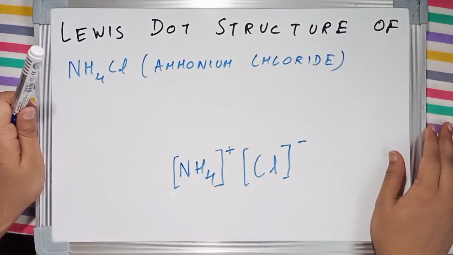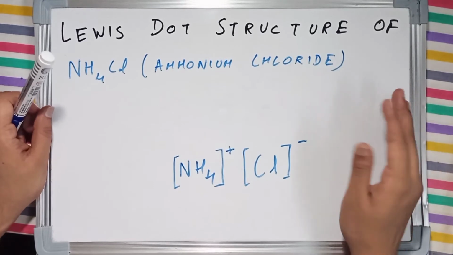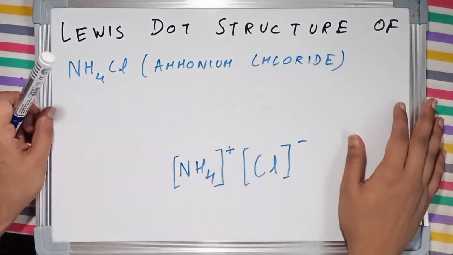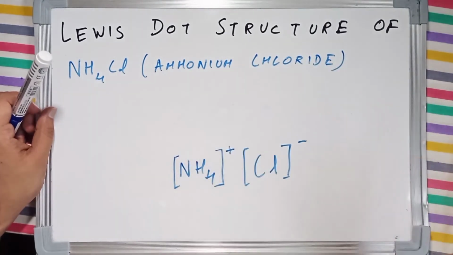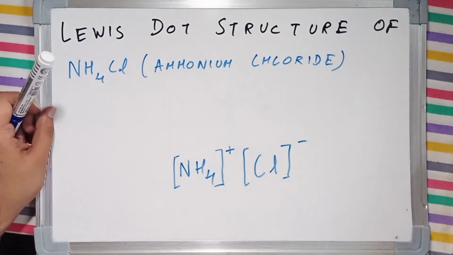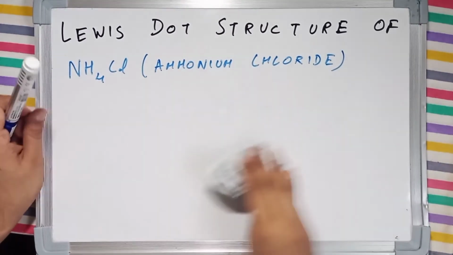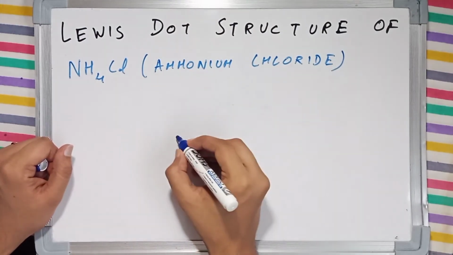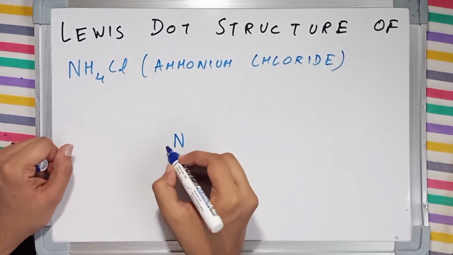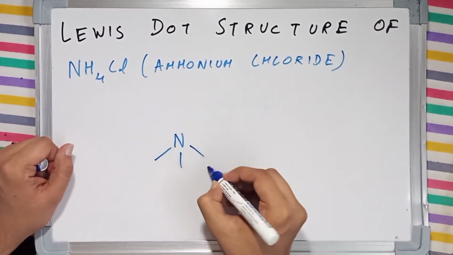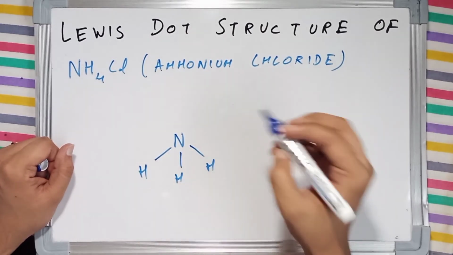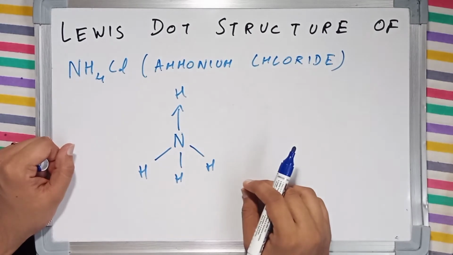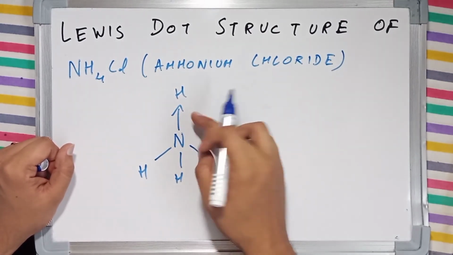So that's it. This was the Lewis dot structure of ammonium chloride. You can't really draw a Lewis dot structure for an ionic compound like ammonium chloride. It is just represented like this. But if you want to elaborate it a little more, we can do something like this. It has got 3 hydrogen and it has donated its 2 electrons to the 4th hydrogen, forming a coordinate bond, and this is now